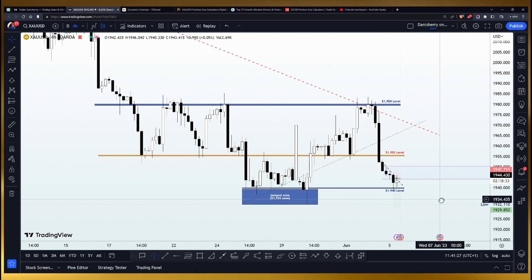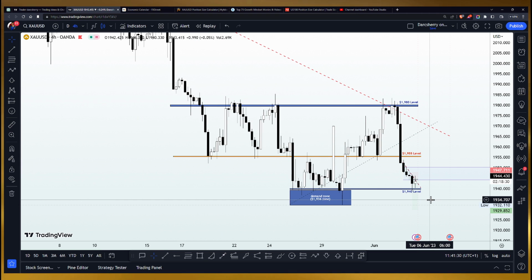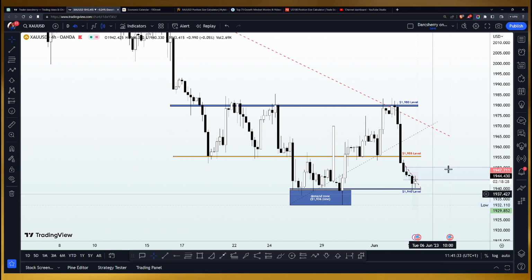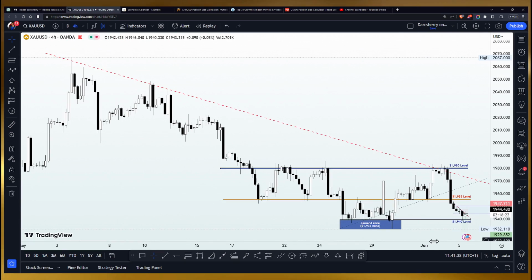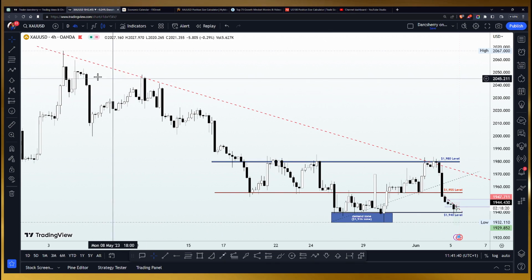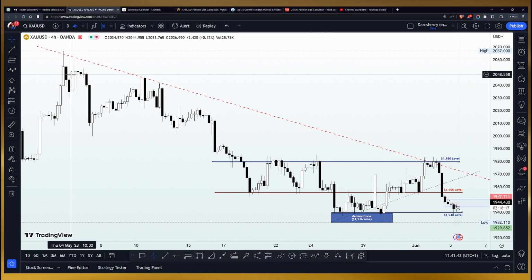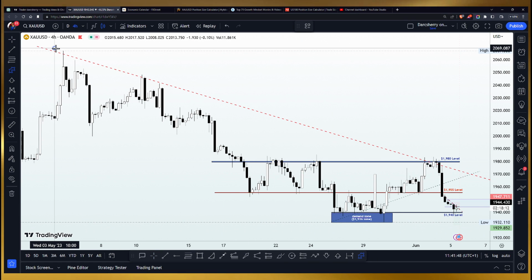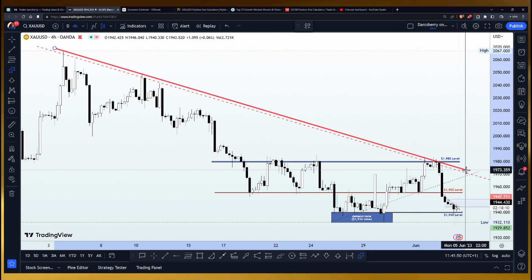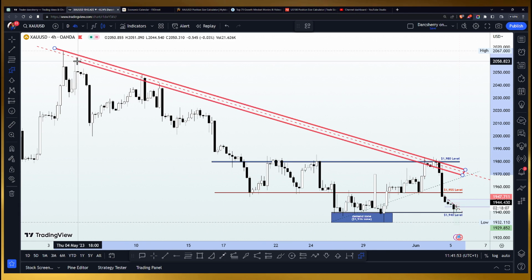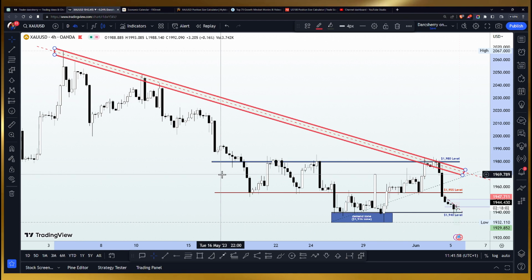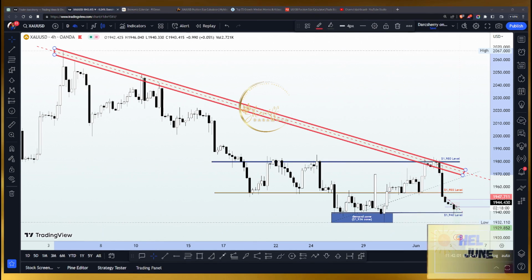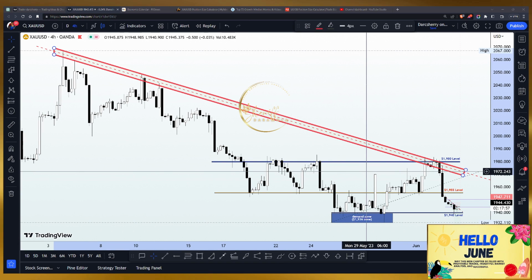Now that we are heading into the new week, how do we intend to capture any potential trading opportunity here? Well, let's have a holistic perspective of what is really going on in this market. If we look at what has been happening here since the beginning of the month of May, you will see that price action has been bearish. It's very evident. We have lower highs here. And when we connect the series of lower highs, we have a simple bearish trend line which has been supporting and guiding our bearish